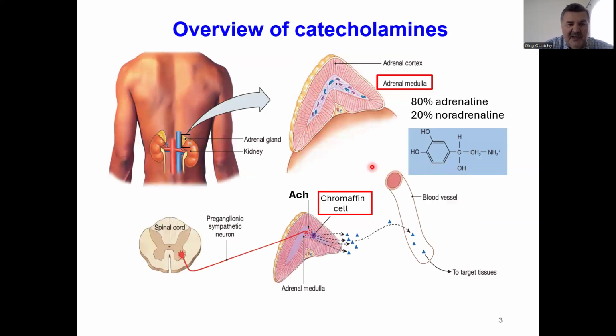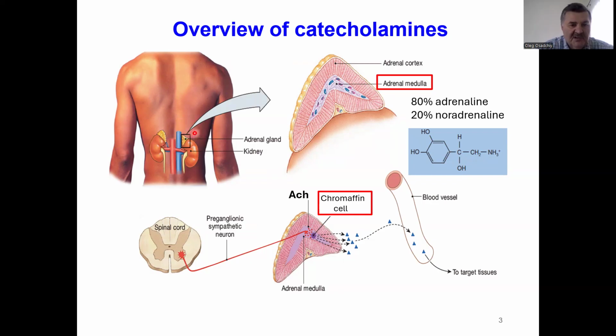Let's start with explaining some introductory information. The term catecholamines applies to adrenaline and noradrenaline, and if you look at their chemical structure, you will find the catechol and the amino group, and this is why these agents are called catecholamines. The catecholamines are secreted by the adrenal gland, which is a small endocrine gland localized bilaterally in the abdominal cavity